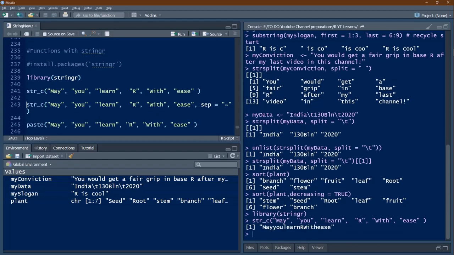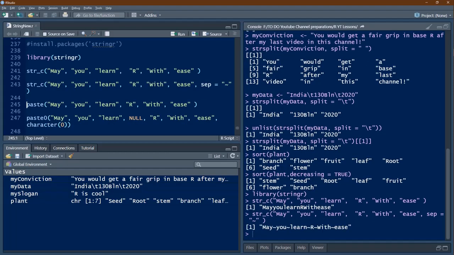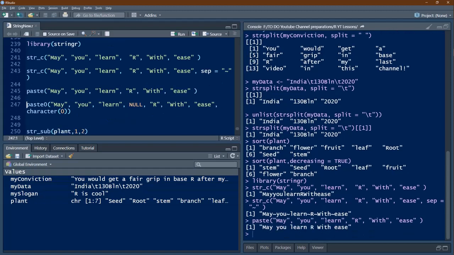So we got one single string, it's a vector. Again, we can use a separator also here. So let us use the separator. So if you use the separator, then you get that separator in between each string. But you get a simple single string. We can look at paste also. Paste is adding a space here, whereas now in str_c you don't find the space.